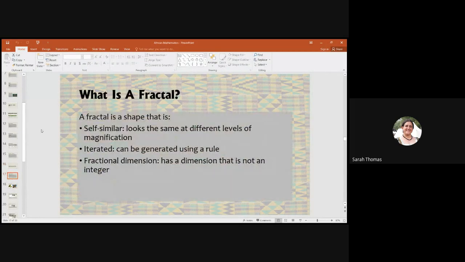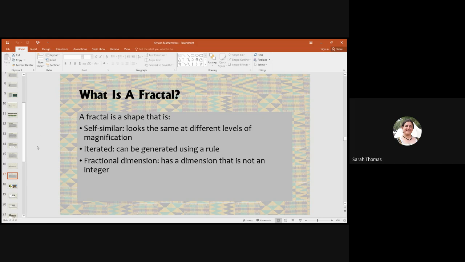So a fractal is a shape that's self-similar. It's going to look the same at different levels of magnification. It's going to be iterated. That means it can be generated using a rule. I like to freak out my students sometimes when I'm teaching fractals with, you ever seen these finger hands? They're little hands that are like finger puppets of hands that go on your fingers. So I put one on each finger, and they get really freaked out because it's really uncanny that there's like a hand on your hand. But that's a rule that you have. On every finger, put a hand, and then on every finger of those, put another hand.